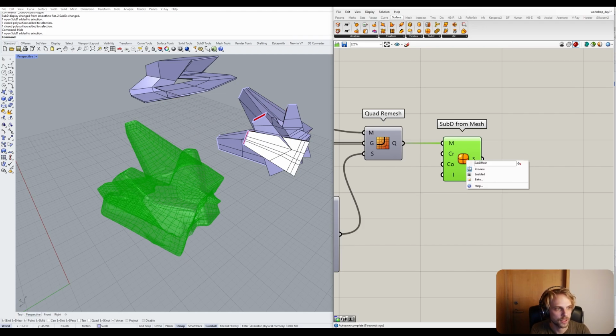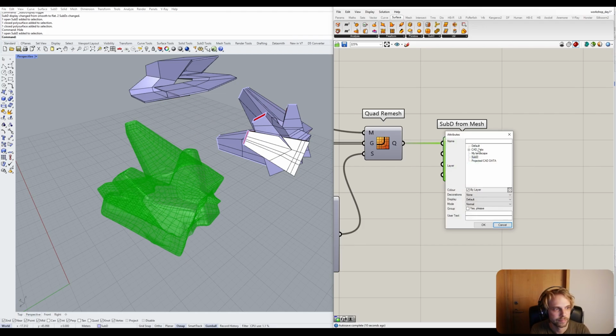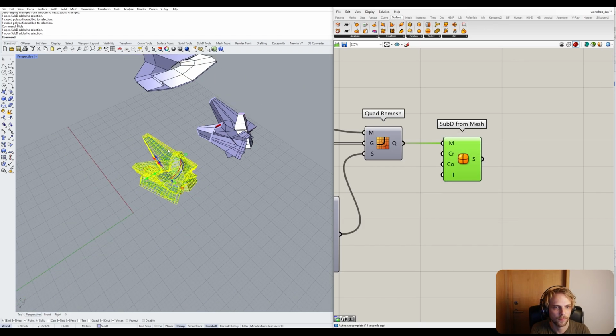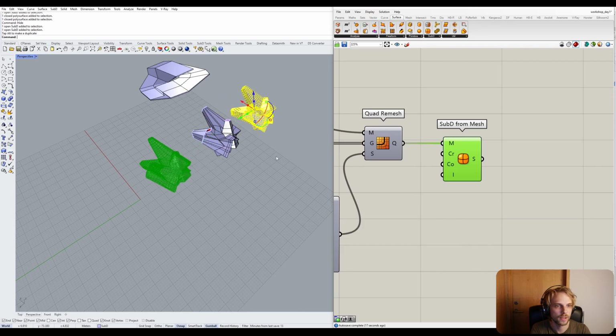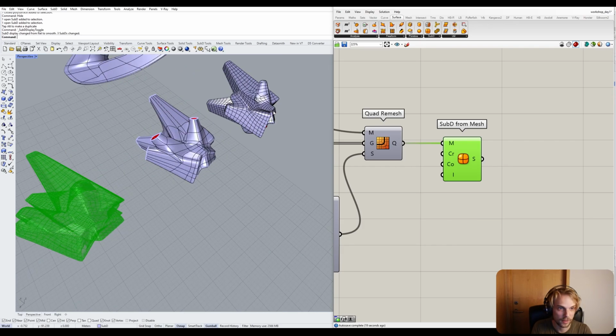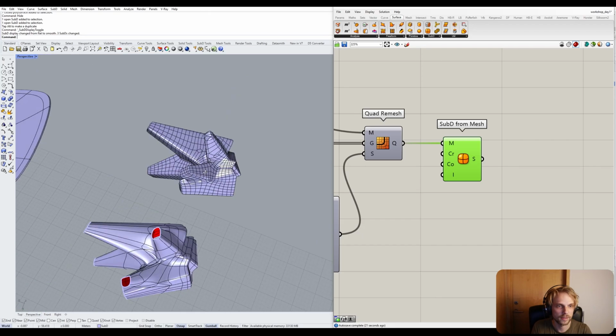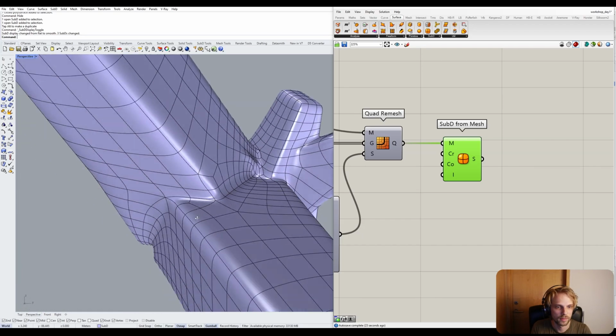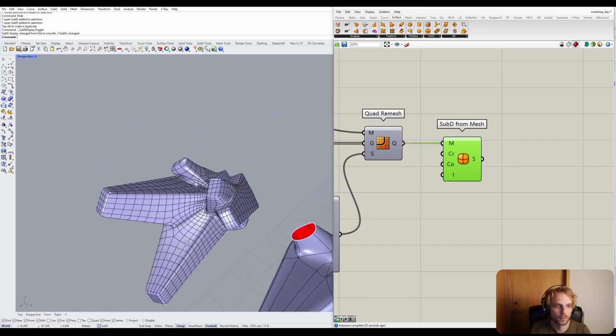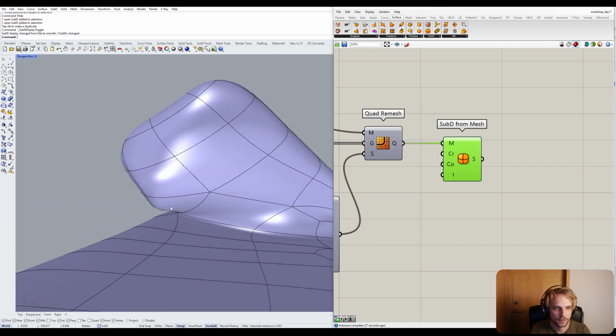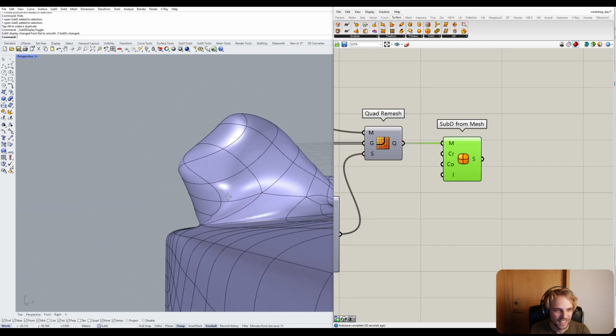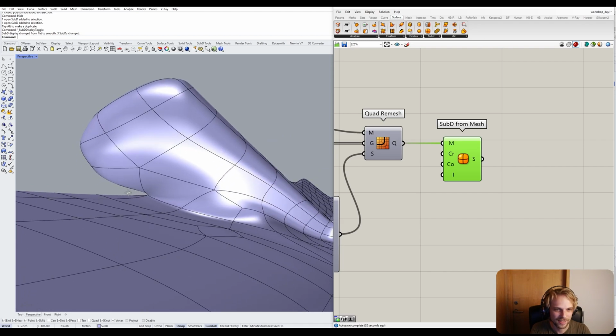At this point, you can just bake it. Default or SubD layer. You bake it out. You move it to the side. You hit the tab button. And you can see your automated form created with a few questionable choices here and there, but all in all it's